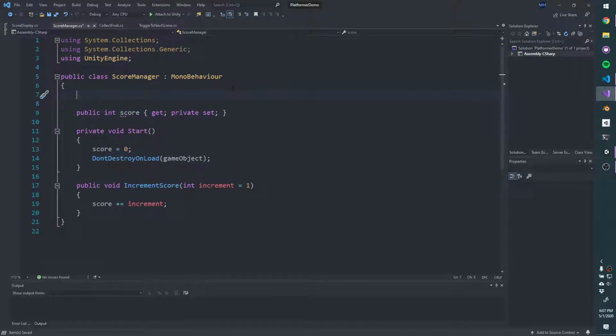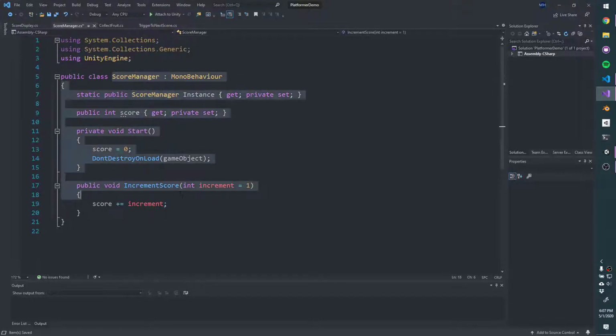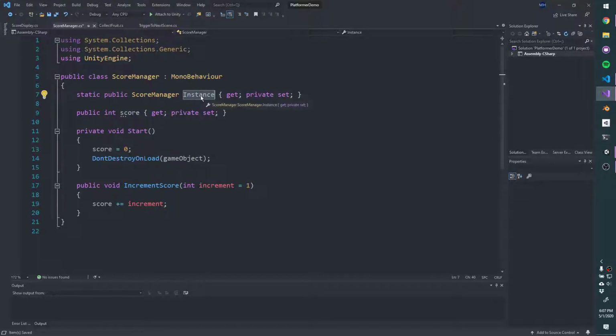So the singleton pattern usually has a static field that's public. It's of type score manager, and we'll call it instance. Actually, let's not make it a field. Let's make it a property. So this is saying that anyone can access this instance, which points to an instance of our score manager class, and only from within the score manager class can you set this property to be something else. So inside of start, what we can do